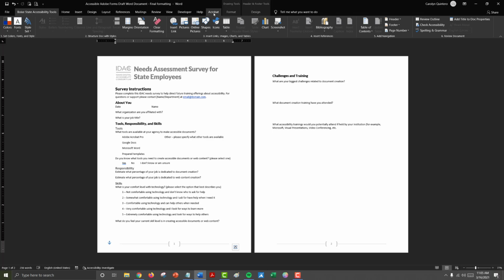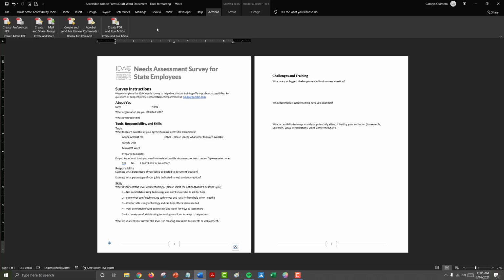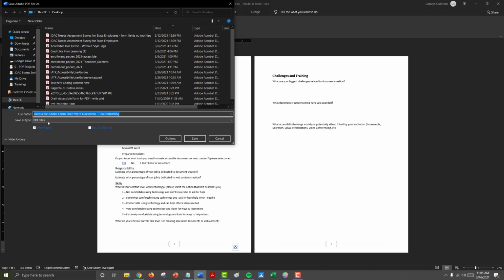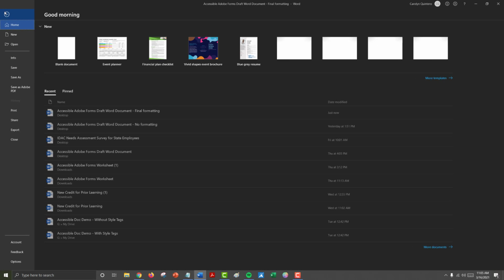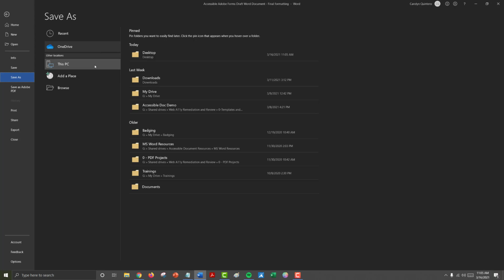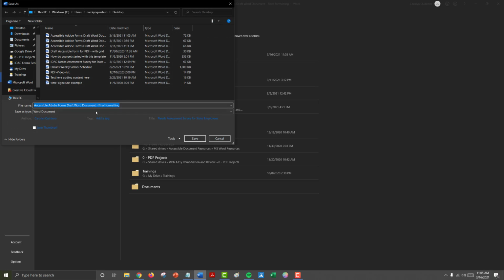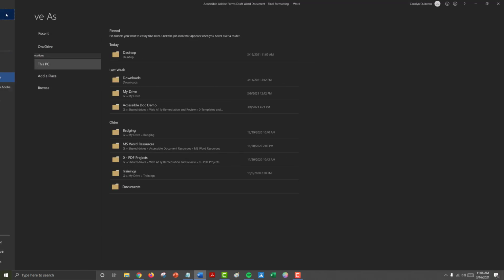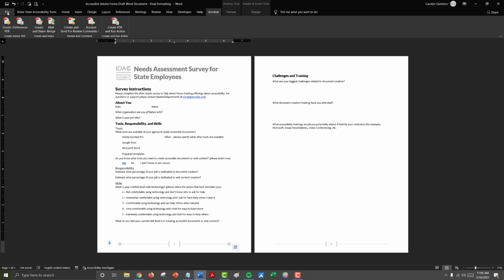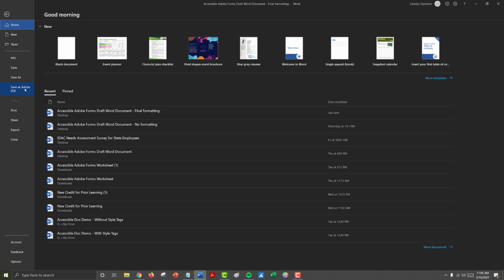If you have the Acrobat plugin in your ribbon, you can select Create PDF and it will save as an Adobe PDF file. That's available as an additional plugin for Microsoft Word. The other way to save it is to go File, Save As, and then change your file type to PDF. If you have the Adobe plugin installed, you can also have a shortcut to save as Adobe PDF.